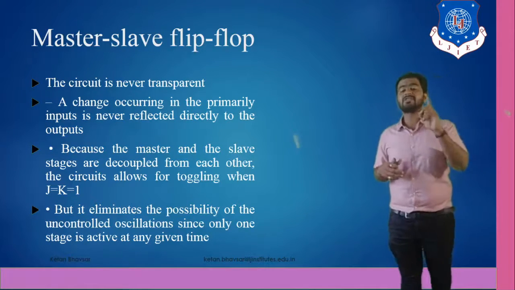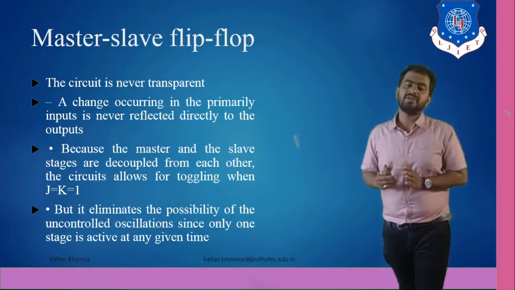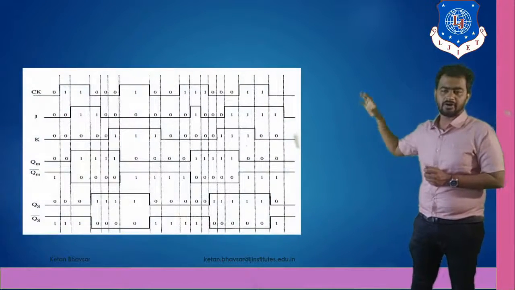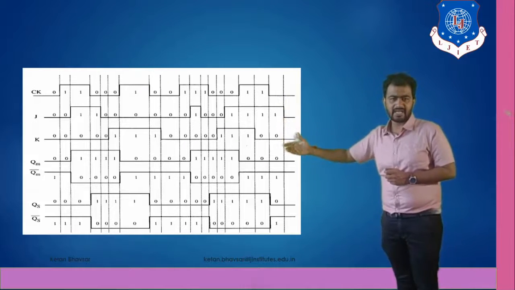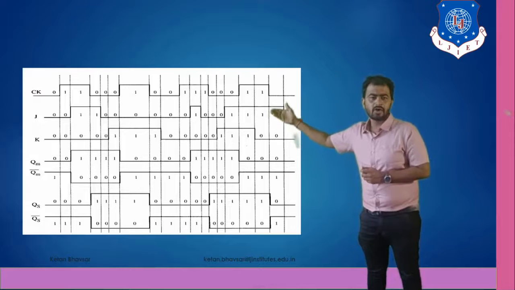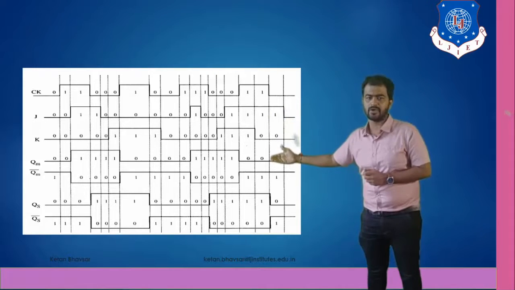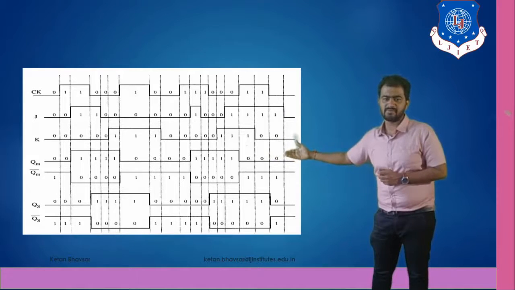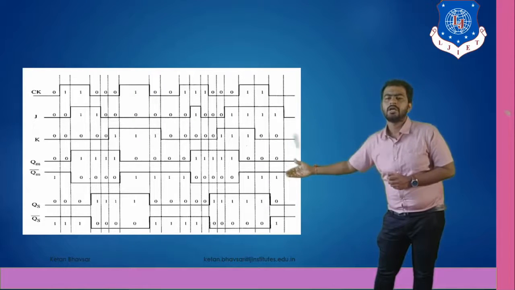And also your circuit does not enter an undefined condition. It is the main advantage of the JK flip-flop in terms of master and slave. As you can see here, the truth table, or the waveform configuration of clock pulse, J and K. When your clock pulse is rising and J is equal to 1, then ultimately Q is equal to 1, and it stays high until the clock pulse is completed, and then similarly you can see the variation on your Q bar terminal.